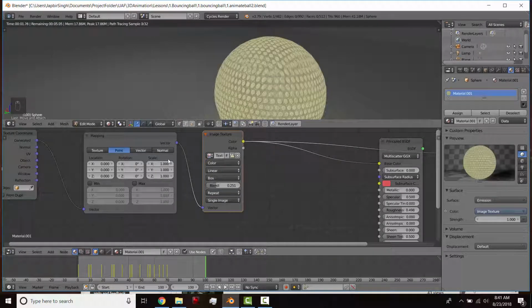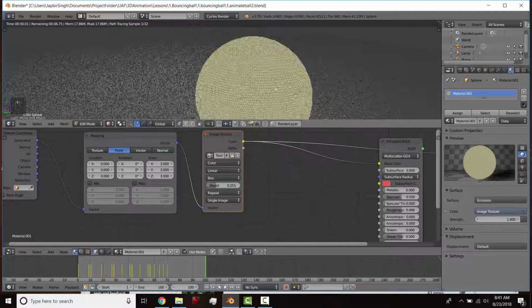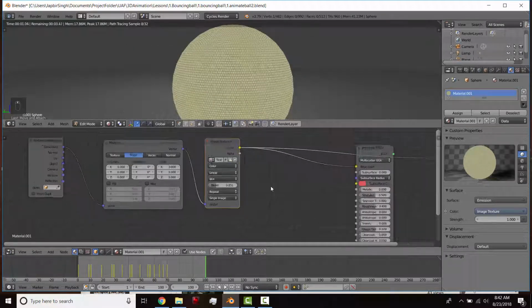It doesn't look that great. But if we switch the scale of our texture, imagine it's as if the ball gets bigger, so in relation the circles look smaller. To do that, we'll make the scale 3. So if you just click on the X and drag down quickly, you have all those values selected. And now hit 3. And now we have all these tiny little balls